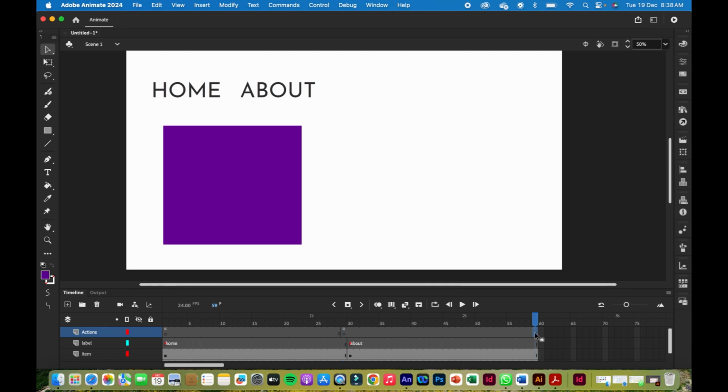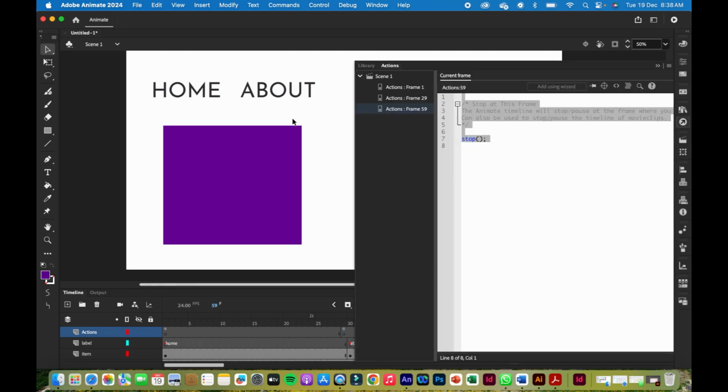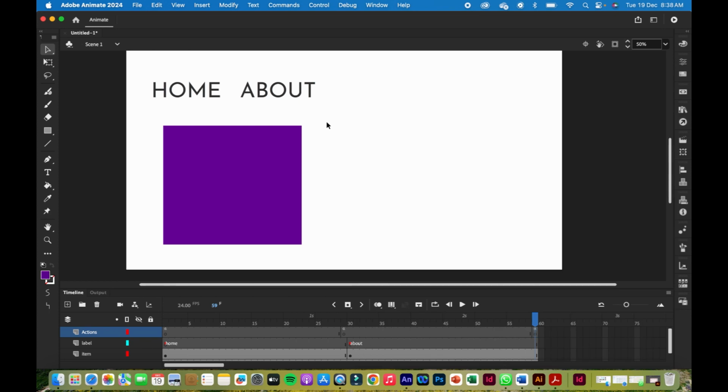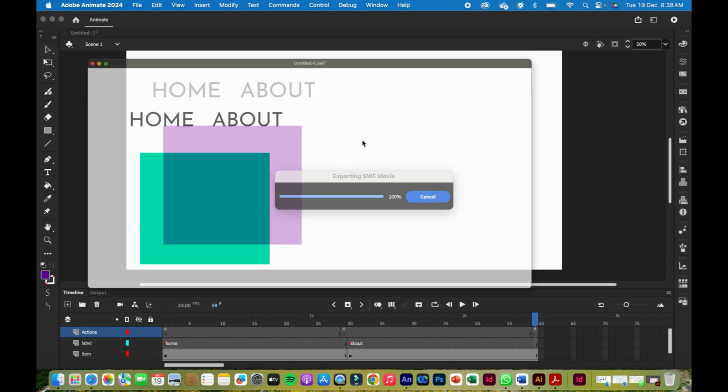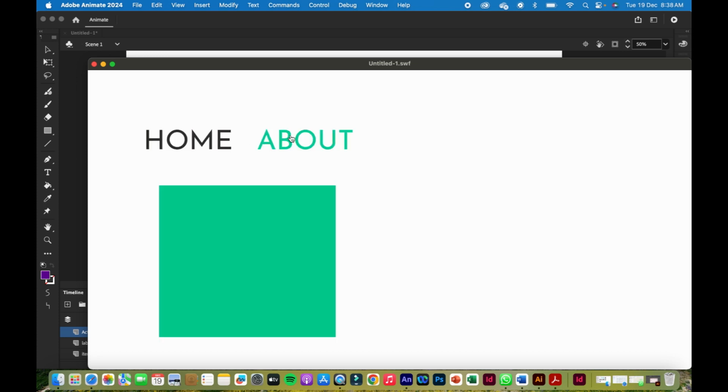And at 59 also, because it divides the timeline into two sections. Just click Ctrl Enter. Now you have both pages, one page home, another page about, and the rollover functions. So we have done